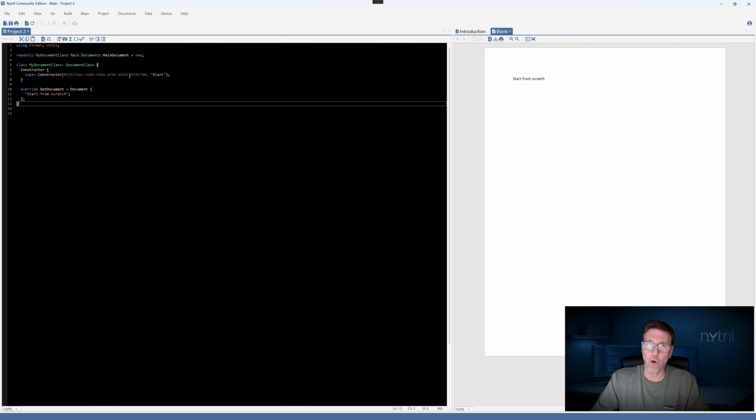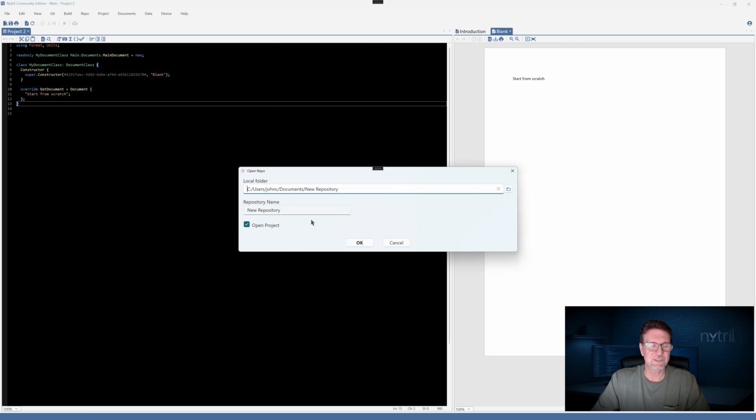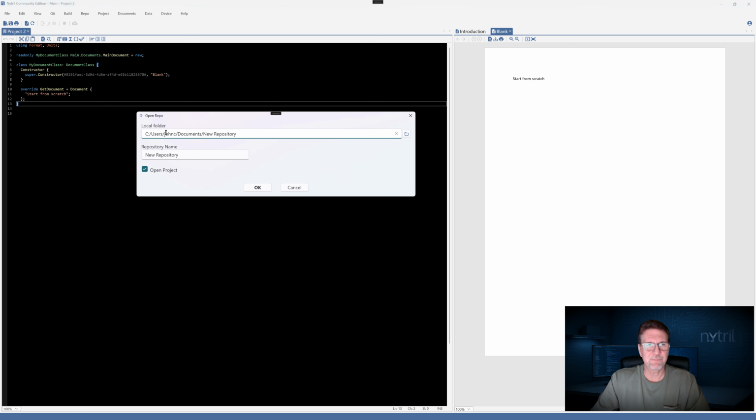So if we wanted to open a repository, File, Open, Repository, we have the options now to point it at a folder, which we know the folder is Scuba Projects. And this gives us the choice here to open a project. If we deselect this, it will allow us to open the repository with nothing in it, and then we can add additional projects later.